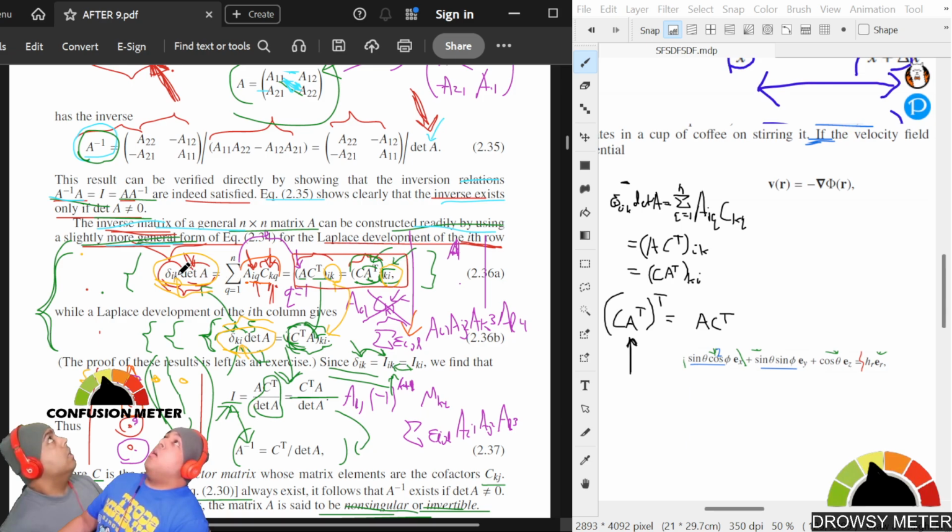We're saying if i equals k, then the determinant of A equals the ii element. Is that true? Determinant of A is equal to the element,